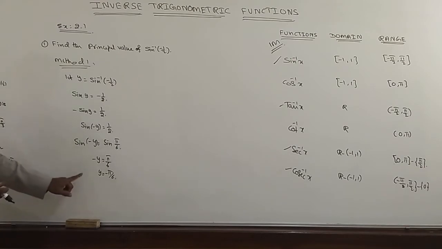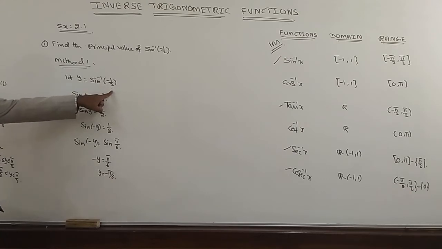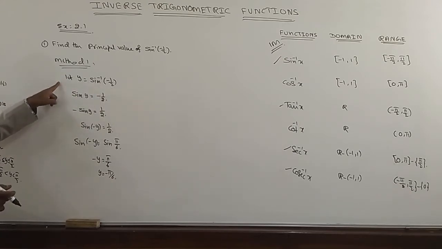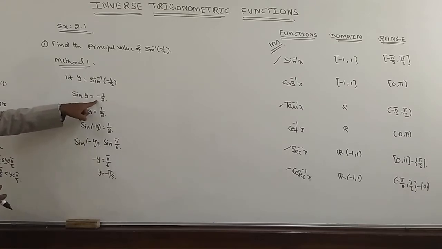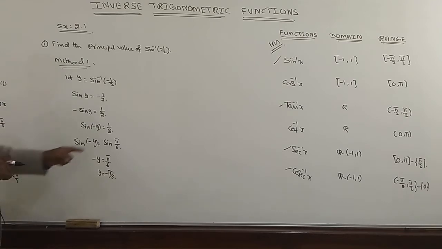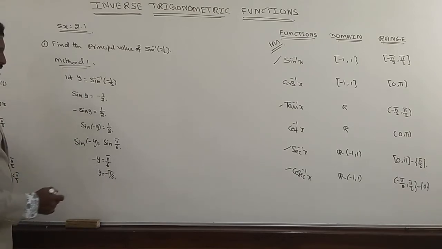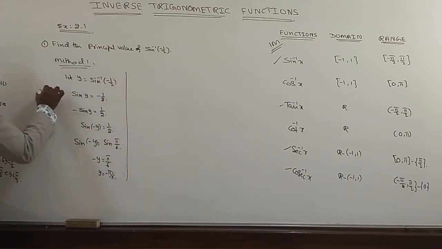This is one of the methods of solving. First we should take the given question, y is equal to sine inverse of minus half. Now sine inverse, take down to the left hand side. Sine y is equal to minus half we can write, and multiply by minus, sine y is equal to 1 by 2 we can write. Now sine of minus y is equal to 1 by 2 we can write. Now 1 by 2, by using the trigonometric table, we can write sine 30. 30 we can write in the form of pi by 6. Now remove the sine on both sides. Minus y is equal to pi by 6, then y is equal to minus pi by 6 we can write. This is through the NCERT.